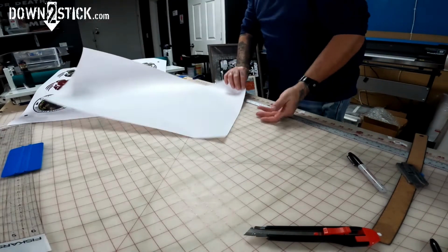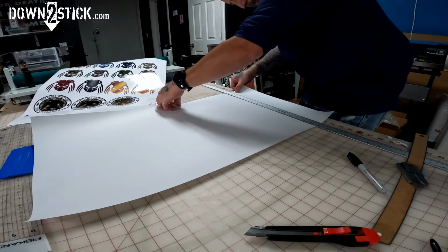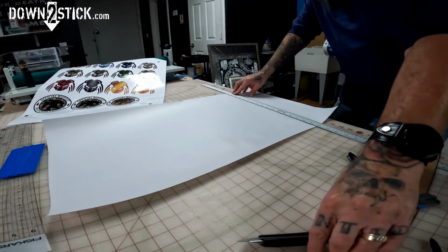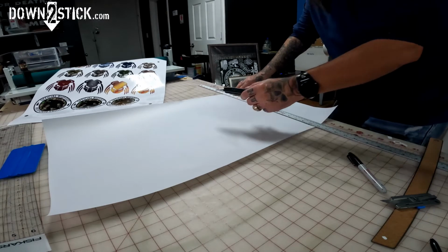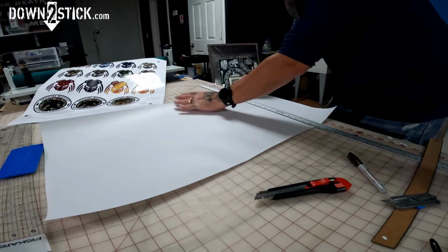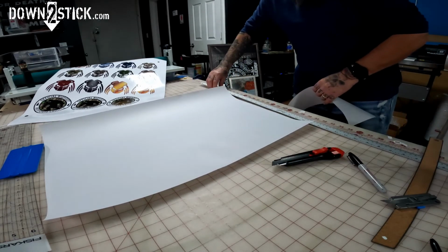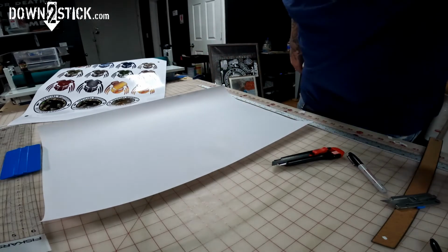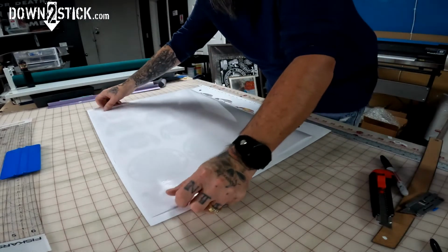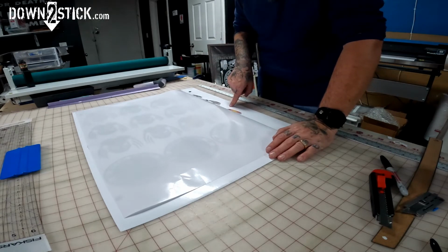Now, we need to trim off the bottom. Ooh, man, that is off big time. My ruler I got mounted to the table, it likes to kind of move back and forth. I almost cut too much off there. Okay, lay this down, make sure you got enough, okay, now how I trim that extra laminate off, so now